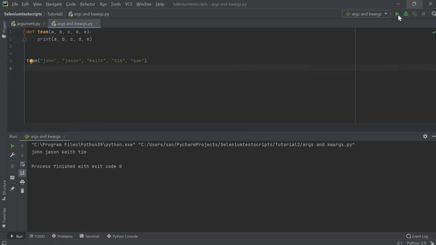Okay, now if I run this, the new name is added. As you can see, when we need to add new members or new values to the function, we need to change the definition, and the print statement too, I need to make changes to that statement also.